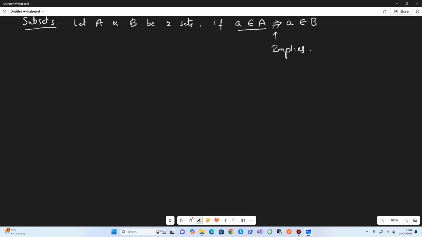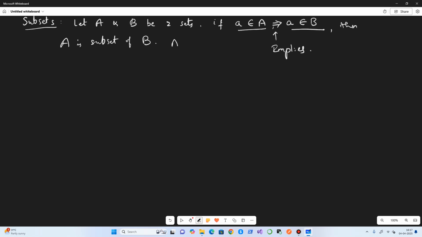If an element in the first set is also there in the second set, so we say small a belongs to the first set implies small a is also in B. If this condition is satisfied, then we say A is a subset of B.